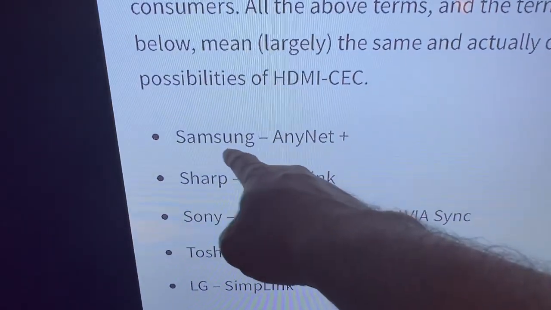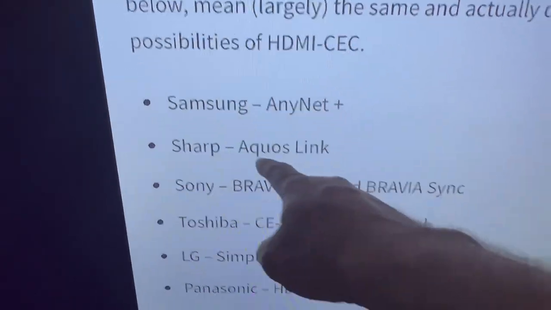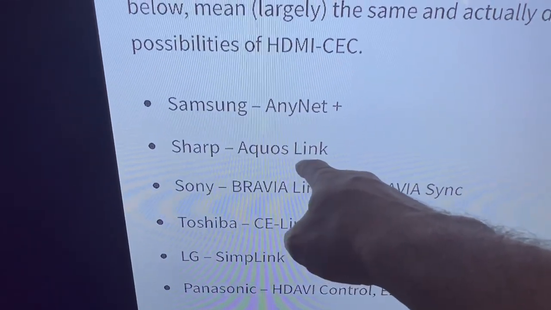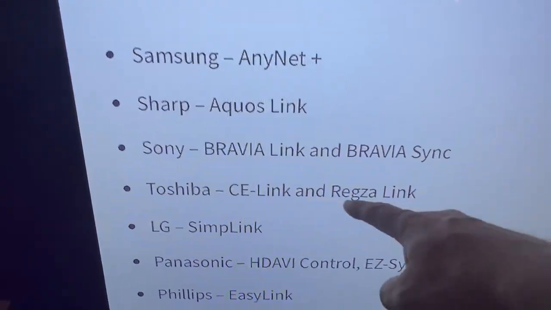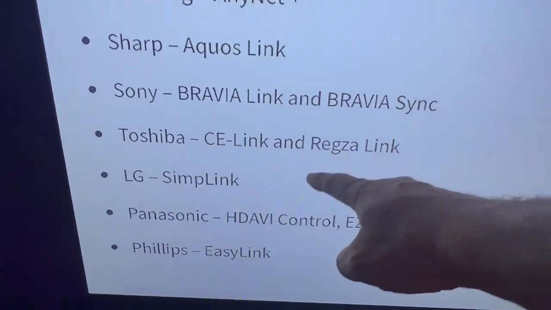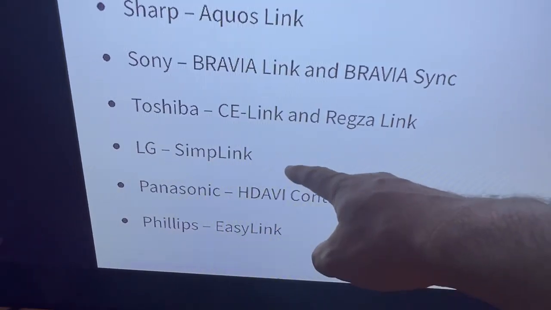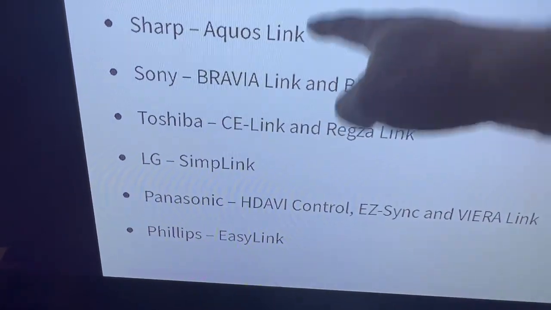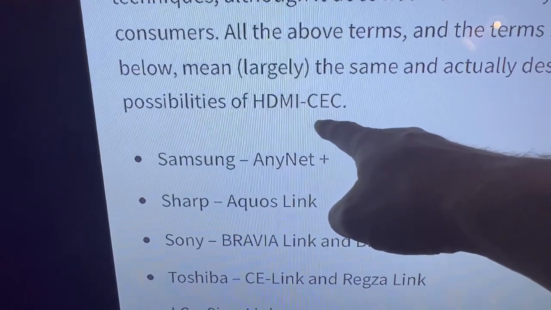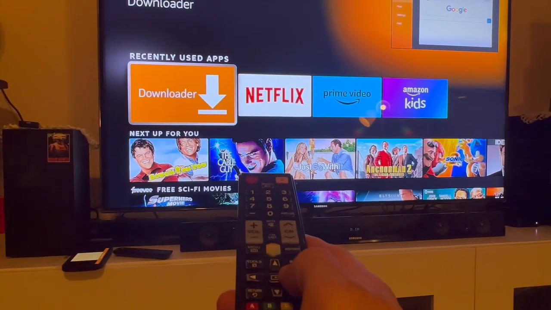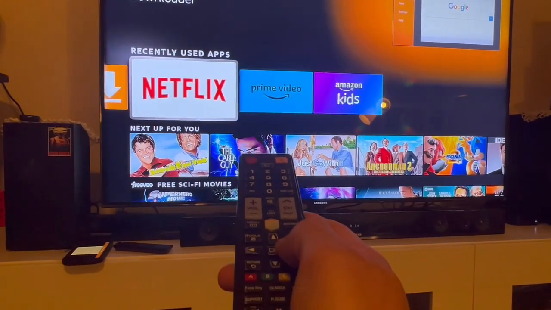I have a Samsung, so mine is AnyNet, and then you got Sharp, that's Aquos Link, and then Sony, which is Bravia Link or Bravia Sync, and then here are other brands. So just make sure that you look for these names on your TV, and then make sure your HDMI CEC is turned on. So once it's turned on, you should be able to control your Fire Stick with your TV